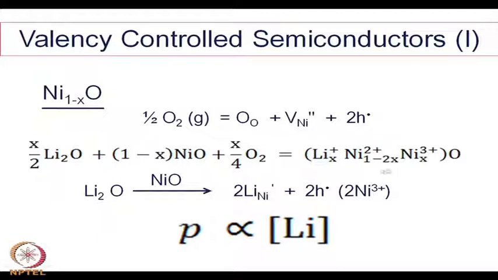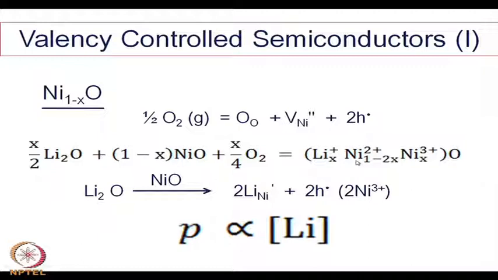This is the kind of solid solution we will get, because lithium goes into solid solution with nickel oxide, or replaces nickel in the nickel oxide lattice. So, we are adding about x amount of lithium 1 plus and removing